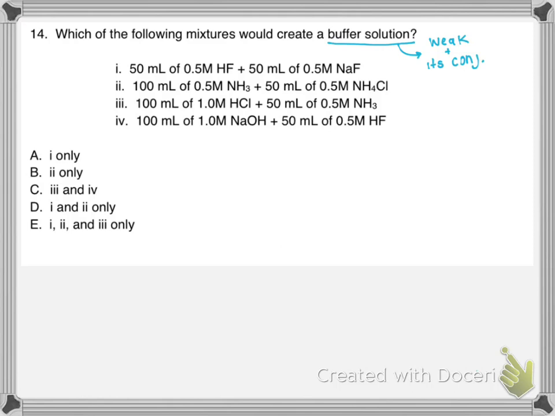Okay, so now we're going to try making buffers. And so we know that to have a buffer, we need to have something weak and we need to have its conjugate. And so let's just go through these one by one. And the first one we have HF, which is a weak acid, and we're adding to it NaF. So the NaF we know is going to completely dissociate into Na+